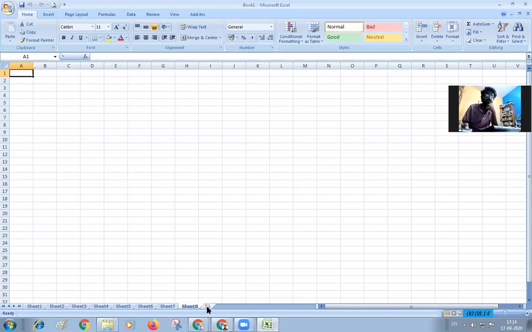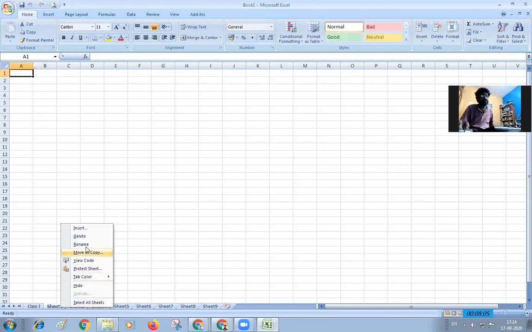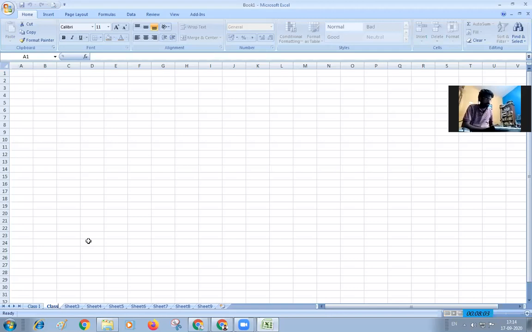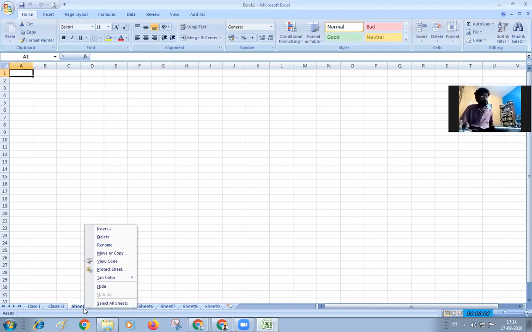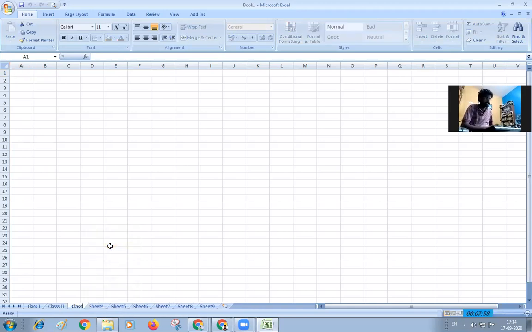You can also insert more, and I can also rename this like this. If you want to make the data of all the students of class 1, I can use one tab. And if you want to insert the data related to class 2, I can do this. And if you want to insert the data of class 3, I can make use of class 3 like this, and I can rename the worksheets also.